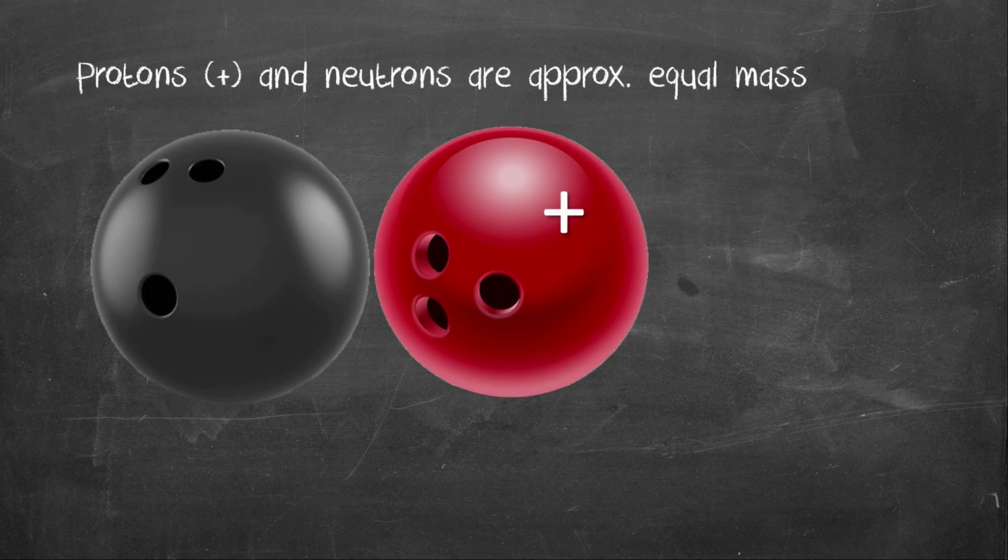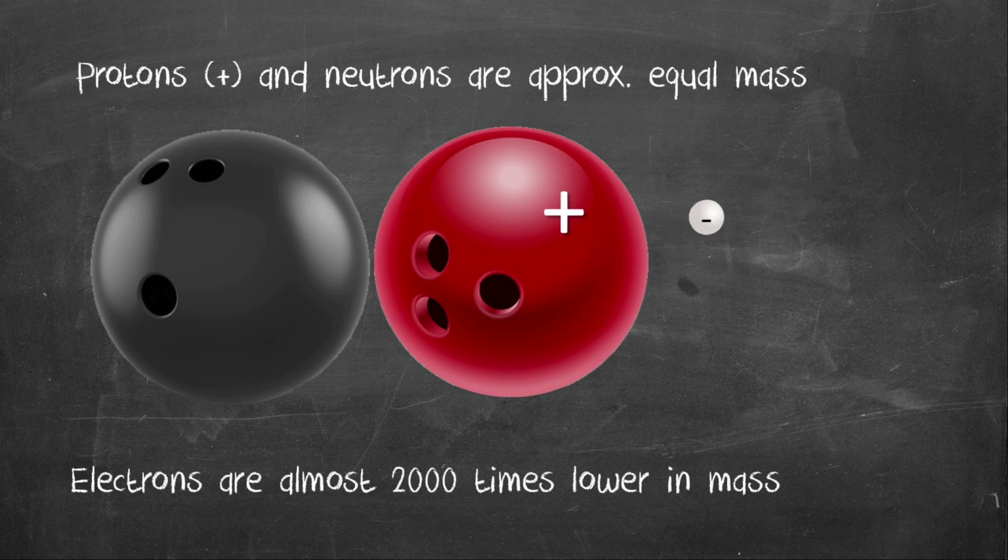Protons and neutrons are of approximately equal mass. Electrons are tiny. They are almost 2,000 times lower in mass than protons or neutrons. And so in the grand scheme of things, they don't really make a lot of difference to the weight or